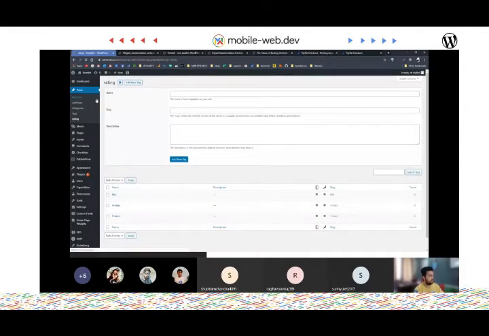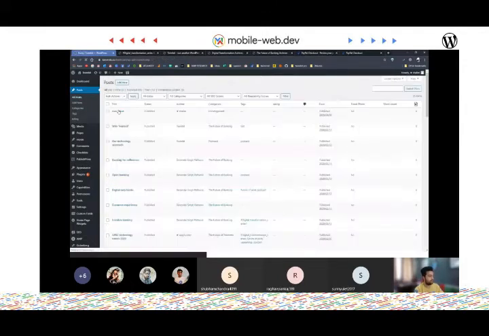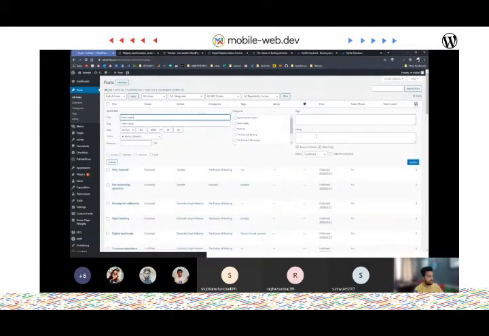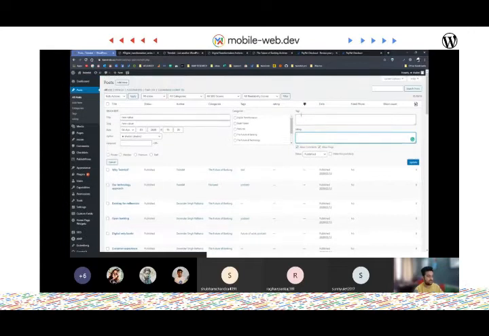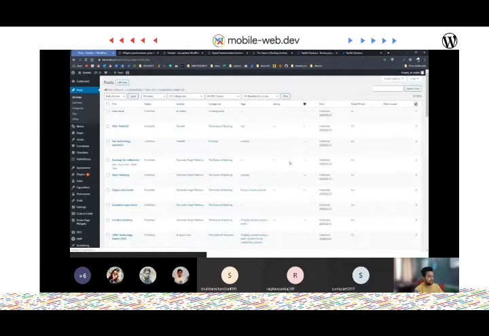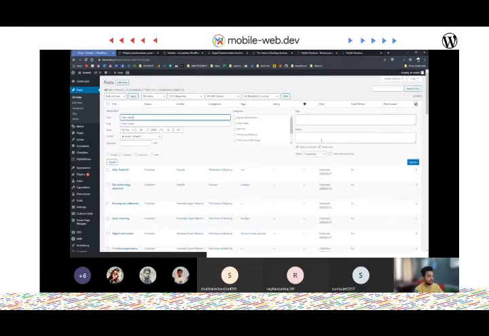Cool. So what we'll do now, we'll visit any of our posts, for example this one, and quickly add a rating to this post. You see now we have an additional field, rather than categories and tags, which is called rating. So let's go ahead and give it a 5-star rating. If I reload the page, I haven't reloaded the page yet, I'll be able to see the suggestions for that particular keyword. So you don't need to worry about remembering all of them. As soon as I type, I'll be able to see all the ratings which are related to that.